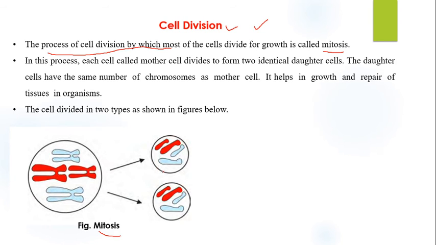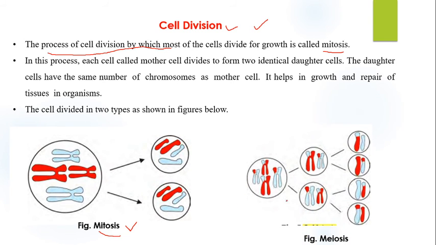You can see in the case of amoeba, when an amoeba divides, it forms similar cells, because it divides through mitosis. Our skin cells divide, right? So there is formation of new cells that are exactly similar. And in the case of monozygotic twins, you can see that both twins are exactly similar because the genetic material of both cells is similar. So if a cell divides through mitosis, the new cells, called daughter cells, are exactly the same as the parent cell.